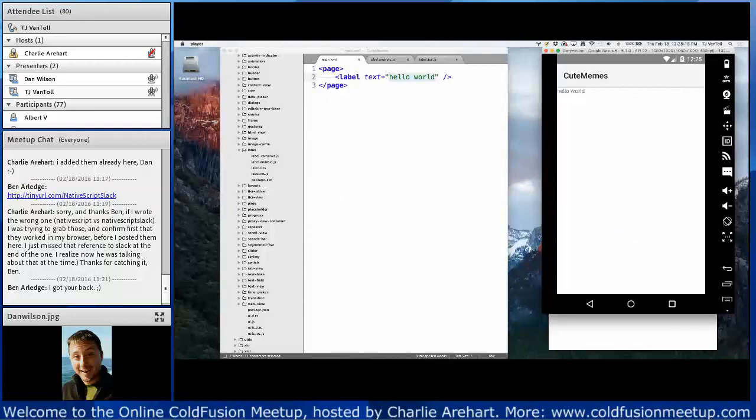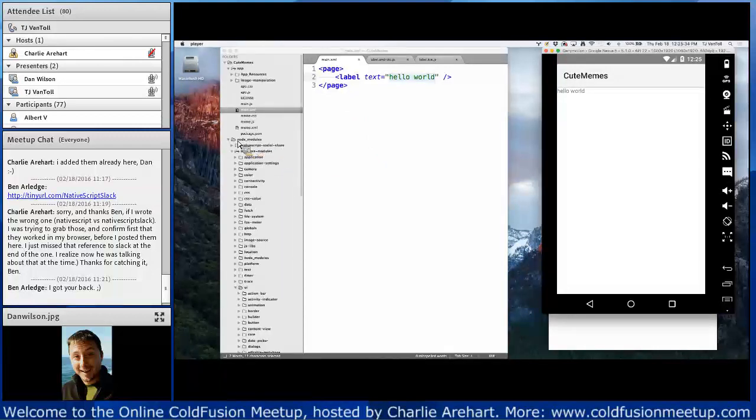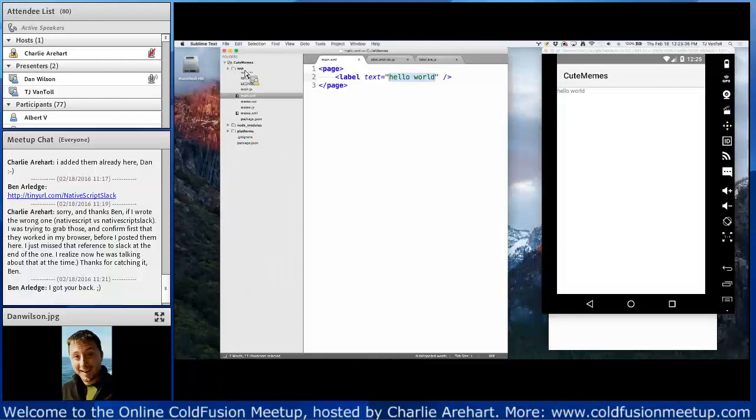Now, you might have noticed when I did that build, that took about 30 seconds. I might have a timer there in the CLI. So it takes a little bit of time because it's actually building a truly native app there. However, one of the cool things about NativeScript's architecture, where platforms is separated from the app,